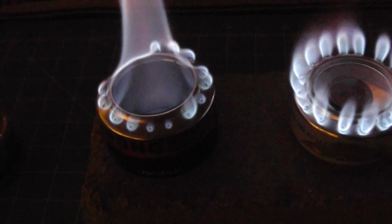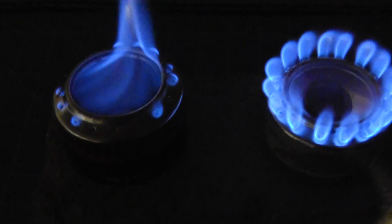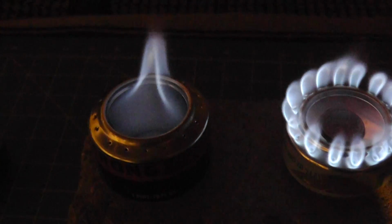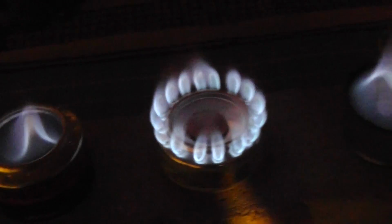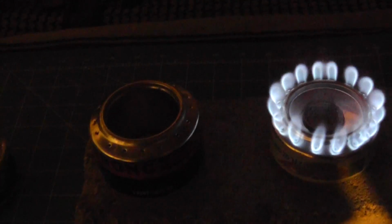And so yeah, it's getting down to the end there. It's definitely going to get ready to burn out here in just a second. It's going, it's going. I did not put an equal amount of fuel in these, so don't take that into consideration. But those double-walled stoves do tend to blow through fuel a little bit quicker. They are a more efficient stove, and they definitely burn hot. So the hotter the stove burns, the faster it will burn, because it will actually boil the fuel, and then